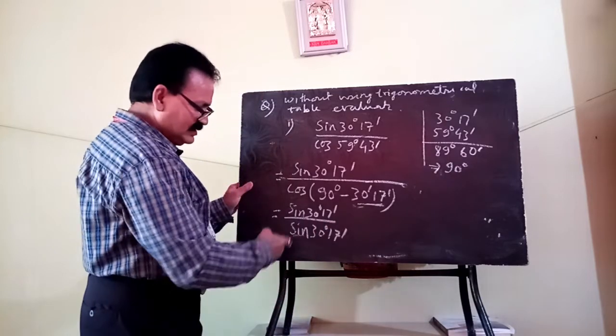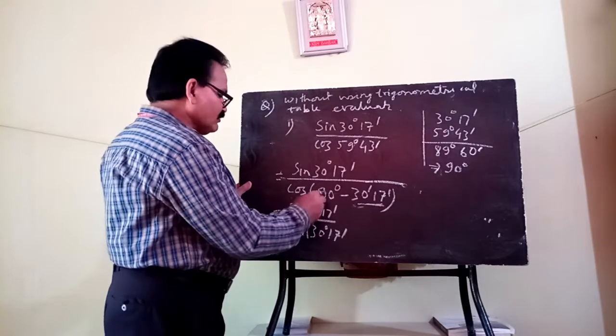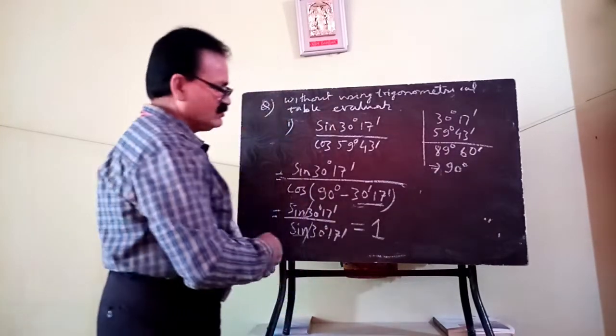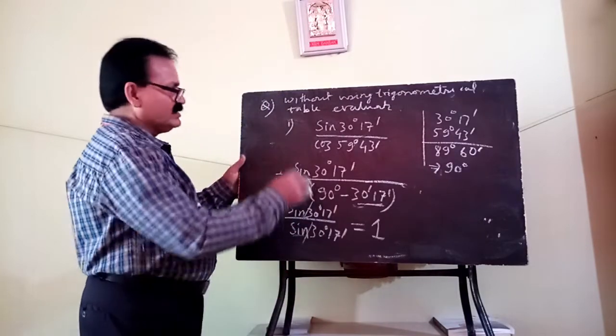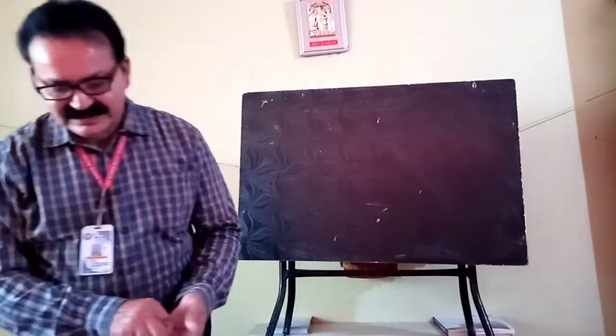So what will happen? Both numerator and denominator become the same, so they will cancel each other. So your answer will be 1. Okay, you have got it. I have to remove this for your next question. Suppose another question says,